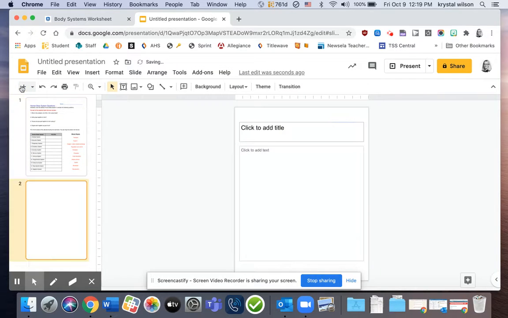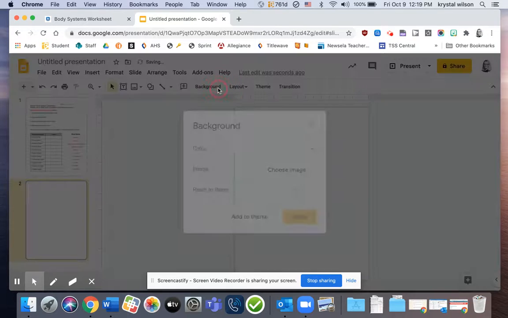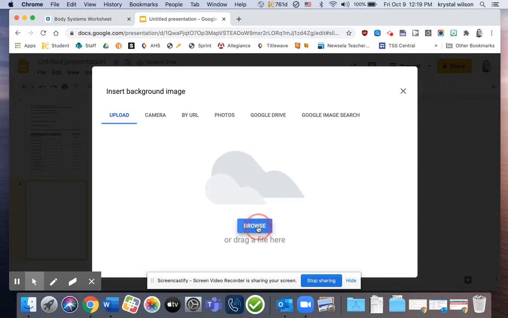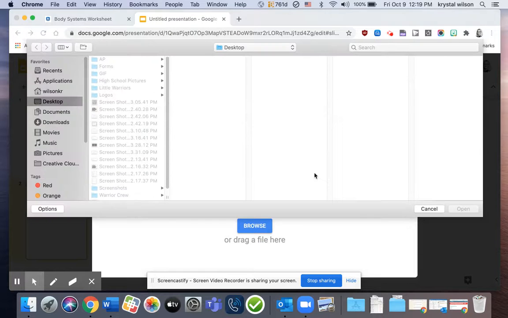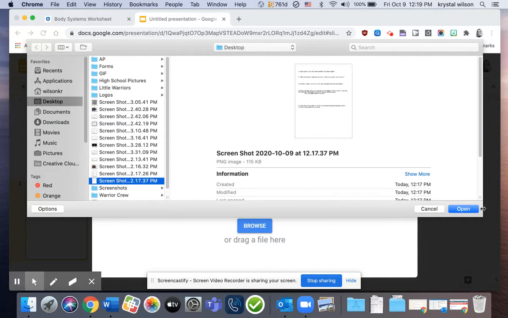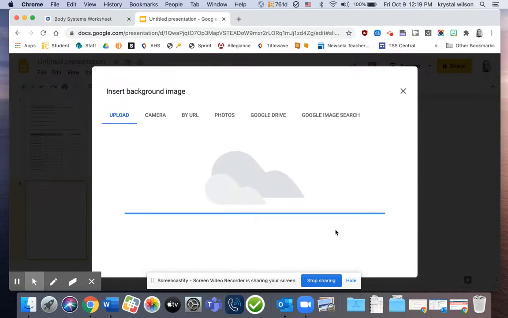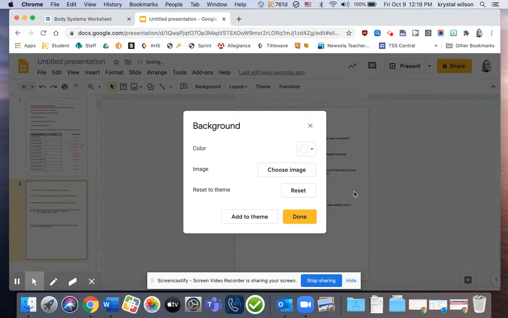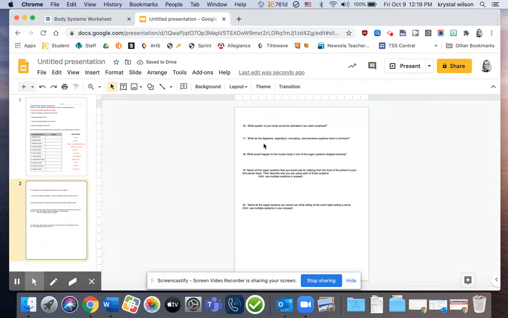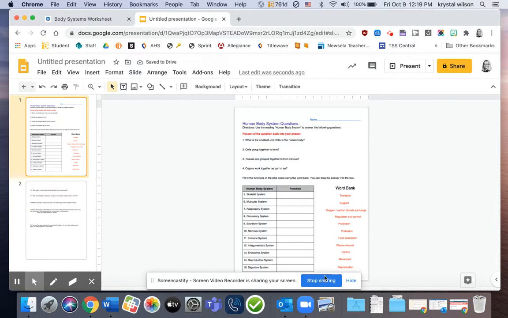And then I'm going to add another slide, and again change this one also to a blank layout and check Background again. Go to Upload, and I'm going to pick the second page. So I'm changing the background of the slide itself to be my worksheet, and then I can create my manipulatives